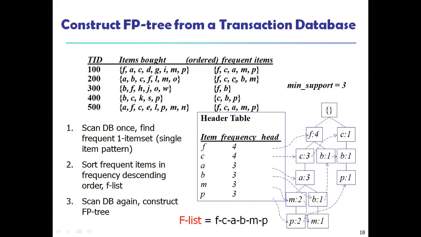Next to F, the F is combined with C. So here C is there. Along with F, C is at 1 time, and 2 time and 3 time. F and C. Here you can see, first you should put F along with that C. If you see, F is combined with C, and C is combined with A, and A is combined with M, and M is combined with P. Like that, one combination we have to draw and make the value. Suppose the same path is coming in once again, we will be having one more combination.